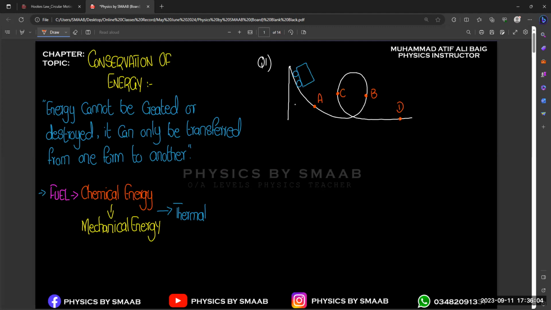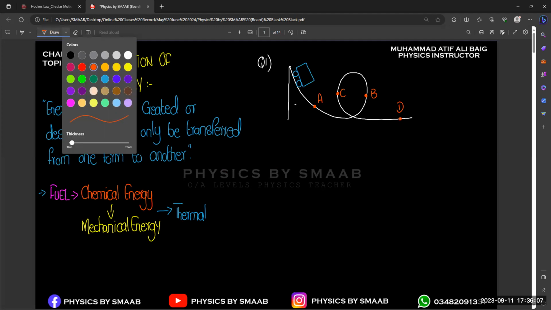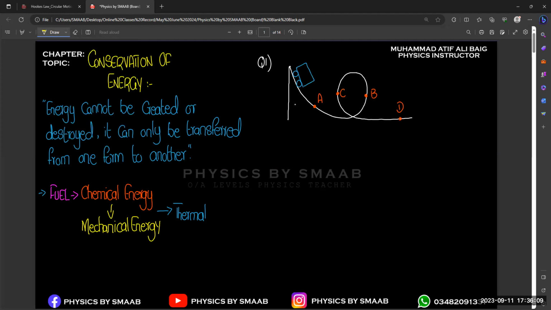So basically, they will ask the question in different forms, to know about different conversions of energy at different points. Let's suppose we start with point A. You have to answer how the energy change takes place at point A. So if we start from the top point, at the maximum height,